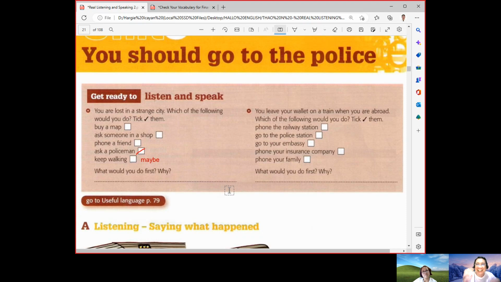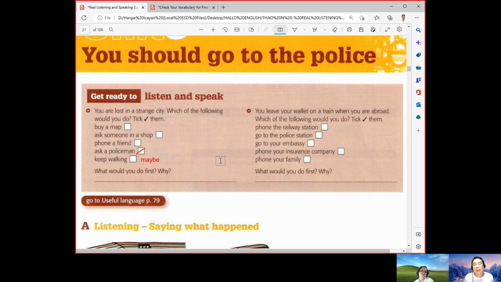Are you going to do the sign language, like you are just going to do something like that, because they don't know how to understand English, right? But of course, it's very necessary that when you are lost, the first thing that you should do is go to the policeman and ask for their help.